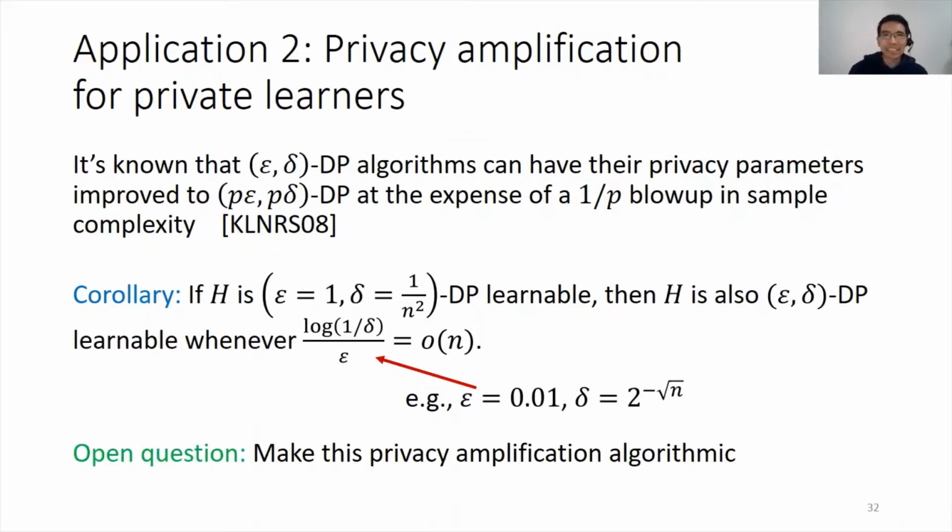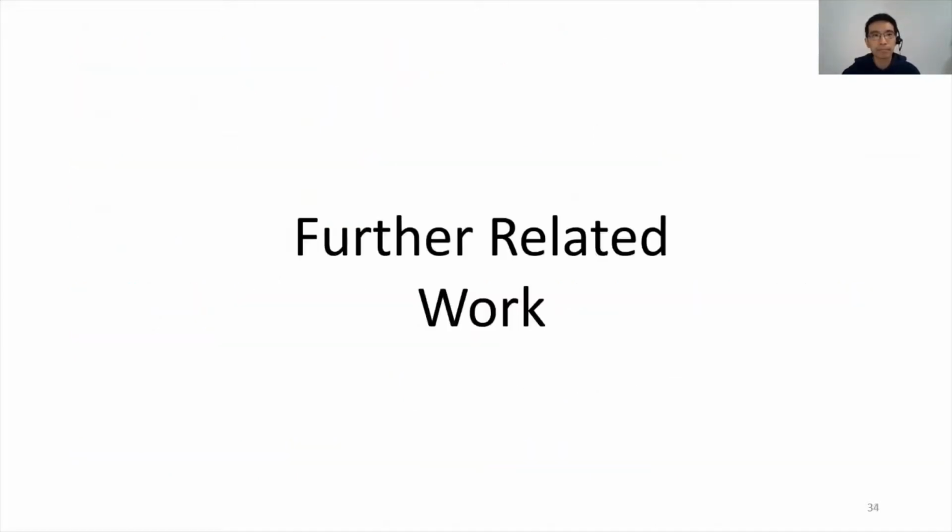Now it's a bit tortuous that this basic fact has to go through the characterization connection to online learning. And indeed, this proof does not give an explicit learner with improved privacy guarantees. An interesting open question is to determine whether there's a transformation that can be made constructive and algorithmic. I'll move on now to discussing some more recent related work on the connection between private and online learning.